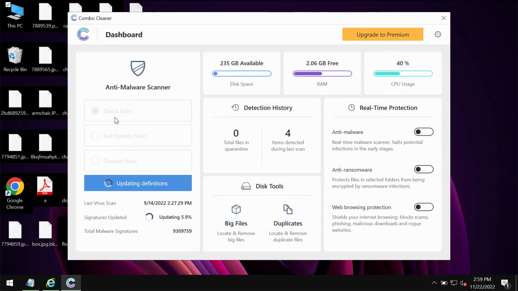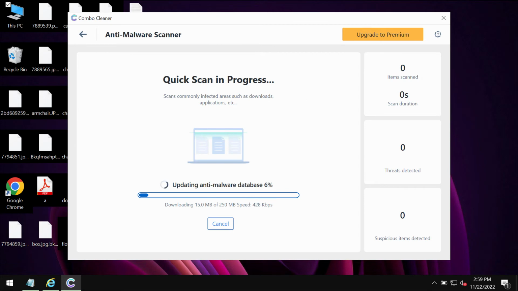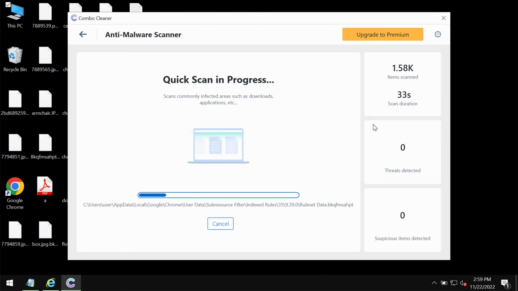The program is initially in the trial mode, so only the quick scan option is available. The software will first of all update its anti-malware database for proper detection of any ransomware or malware. Then, after the anti-malware database of Combo Cleaner gets successfully updated, the program will begin researching and investigating your system. You will then see the information about all the threats that were found on your system at the end of